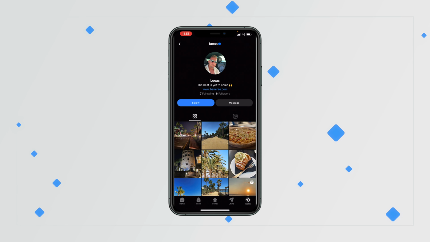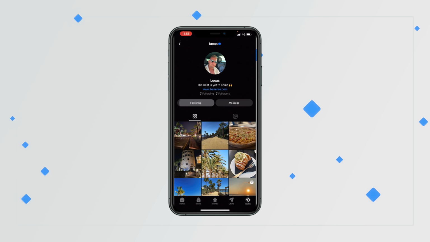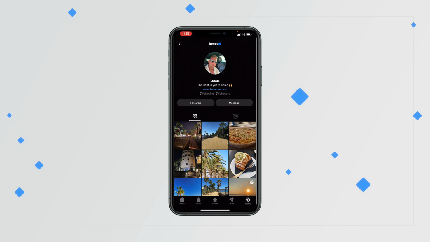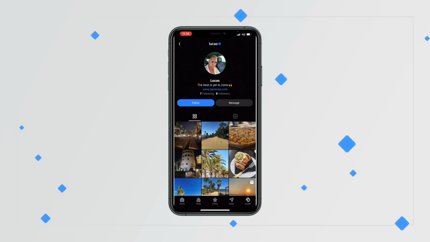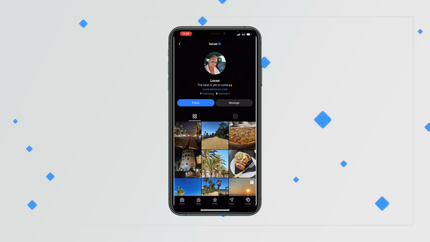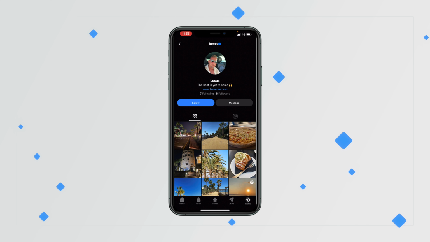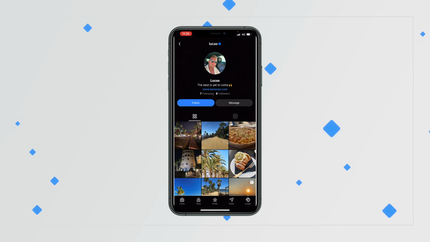And I'm in Lucas's profile. If I would like to follow Lucas, I press follow. If I would like to unfollow, I press unfollow. And you can see this is changing very, very fast. So the backend is responding very quickly with this app. And if I would like to chat with Lucas again, I'll just press message, and this